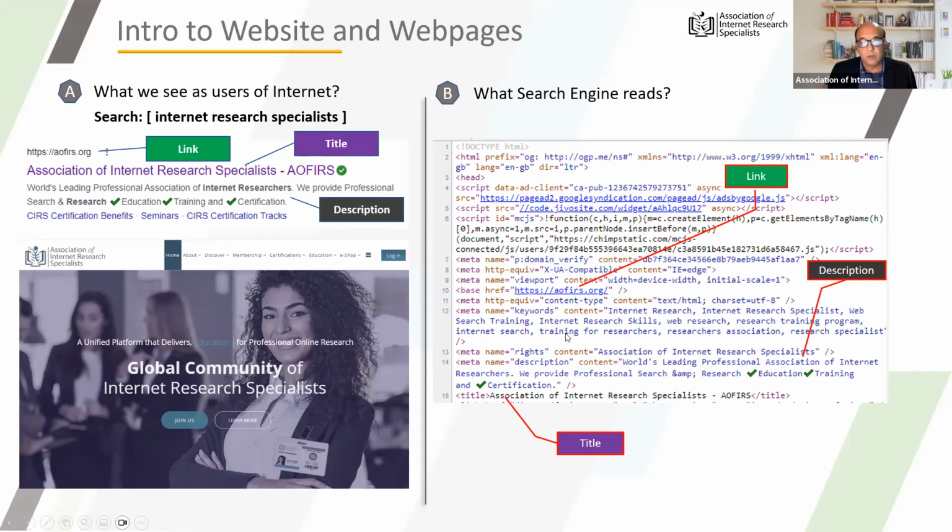So that's why we say that the snippet part has three main components.